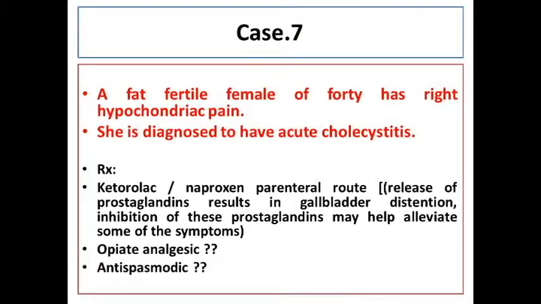In severe situation, we might need to add an opiate. But a caution here is that opioid analgesics also cause biliary colic. They may cause biliary spasm, but on the other hand, if it's just acute cholecystitis with no biliary involvement, there's no contraindication to use of opioid analgesics. And again, no to antispasmodics even. But in acute cholecystitis, if it is only cholecystitis, which is the gallbladder involvement, and no involvement of the bile duct as such, hyoscine can be given in this situation. Hyoscine or Buscopan.